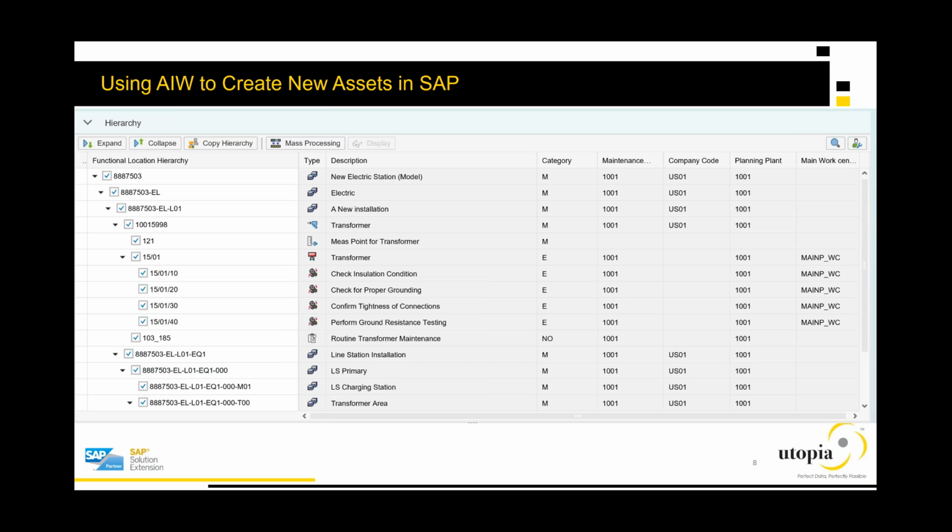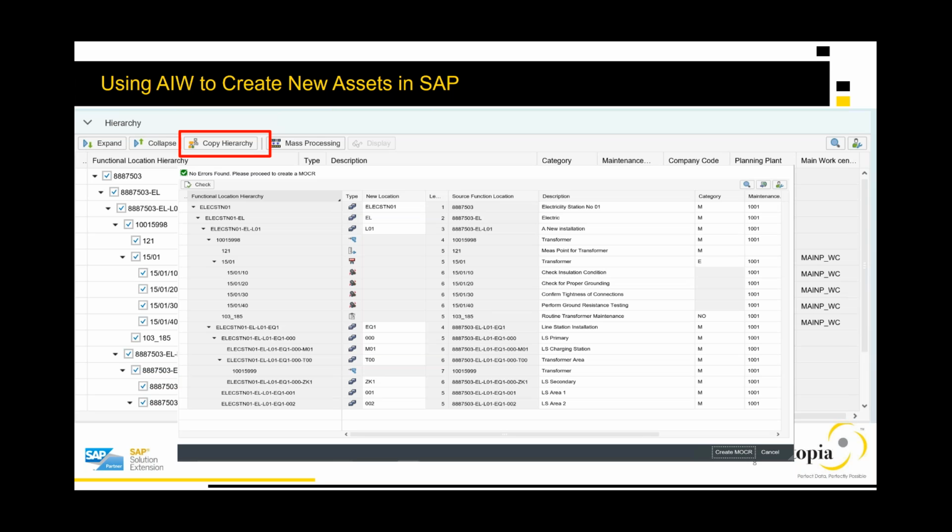So this is what you would set up as your best practices model for what a new electric station looks like. You can then copy that and create an instance of this model, and this is what you're going to put out into your SAP system, and this will have all of the information that you've collected from those various sources included in it. And it's very simple. You simply change the top level in this hierarchy, and all of the changes then propagate down through the hierarchy, rather than you having to go and change or create each of these individual function locations